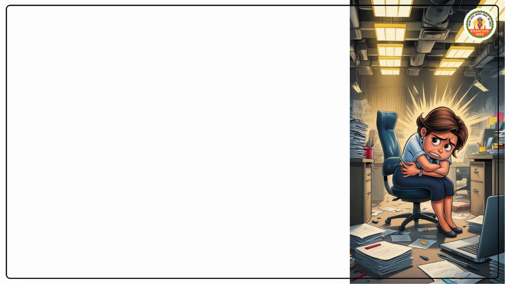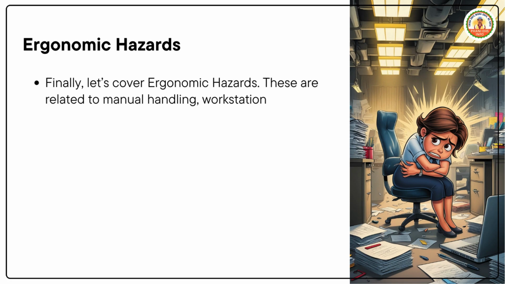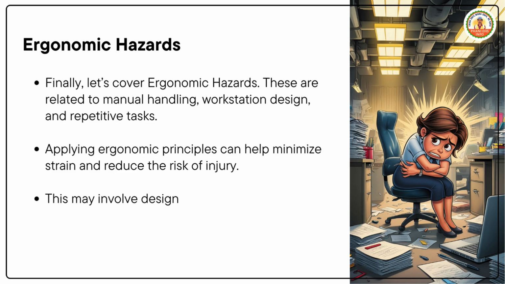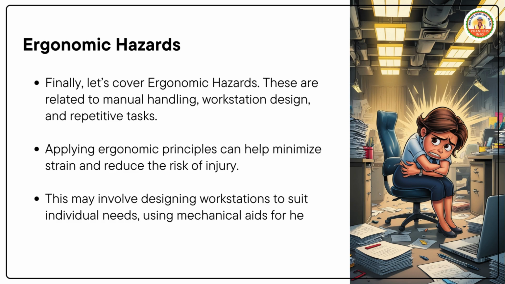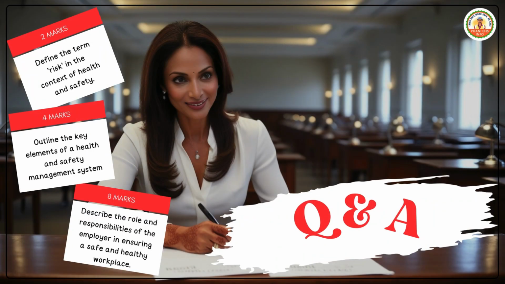Ergonomic hazards. Finally, let's cover ergonomic hazards. These are related to manual handling, workstation design, and repetitive tasks. Applying ergonomic principles can help minimize strain and reduce the risk of injury. This may involve designing workstations to suit individual needs, using mechanical aids for heavy lifting, and promoting regular breaks to prevent repetitive strain injuries. Next, we'll review important questions from this element that you need to know for NEBOSH IGC